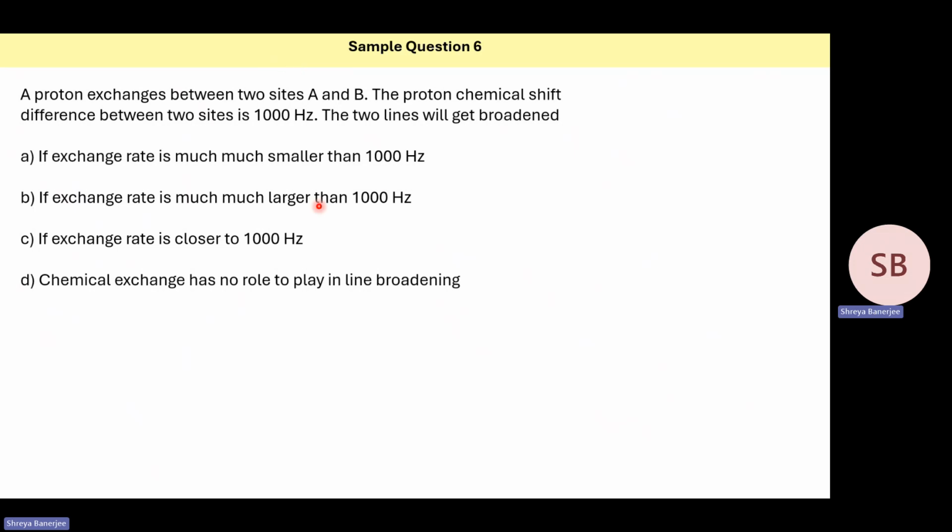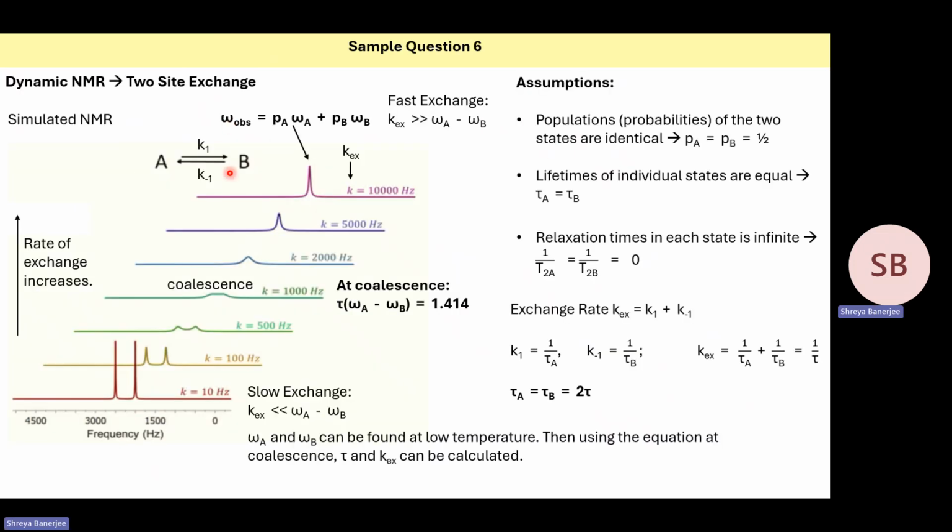Then you have a question. A proton exchanges between two sites A and B. The proton chemical shift difference between the two sites is 100 Hertz. The two lines will get broadened when? So we know about exchange spectroscopy. So what the question is telling you is that